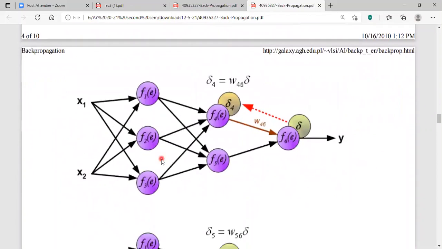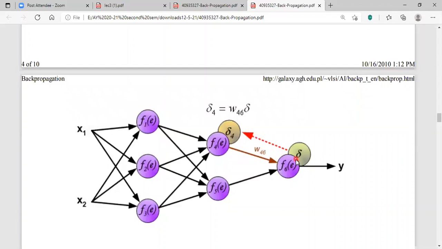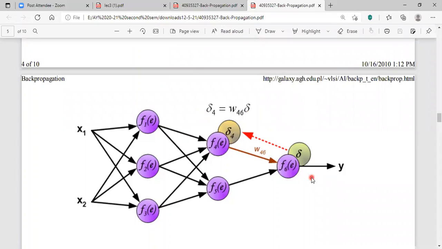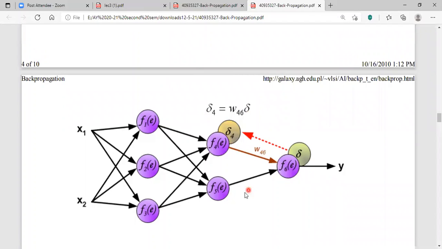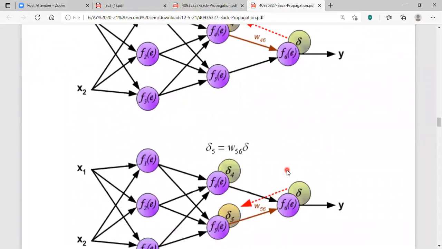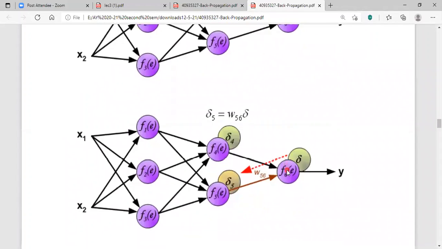Let us see here. First, you are propagating the error signal back in the reverse direction. Delta 4 is W46 into delta from F6 to F4. Okay, so what will be delta 5? W56 into delta. Similarly, propagate back to the